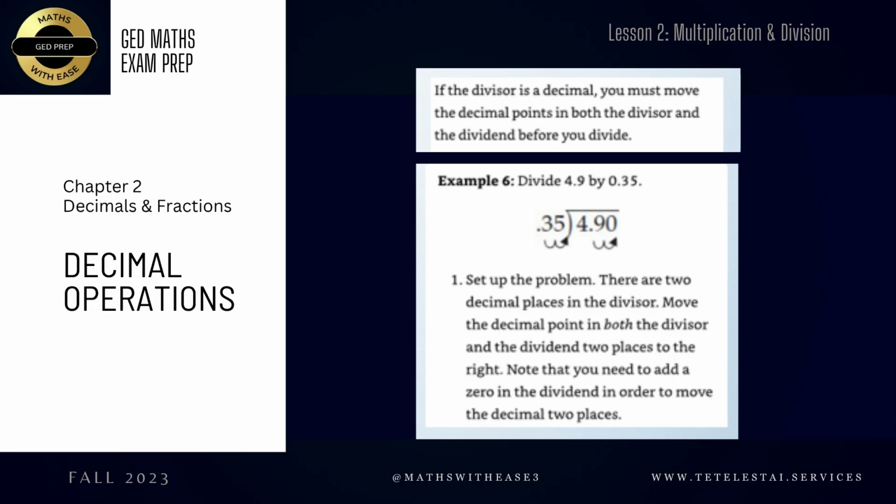So if your divisor happens to have a decimal point, you must move the decimal point in both the divisor and the dividend before you can divide. So in this case, we need to divide 0.35 by 4.9. So your divisor, 0.35, has 2 decimal places, and that means that,